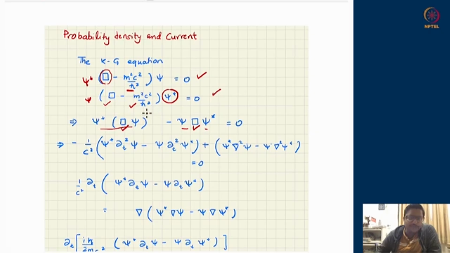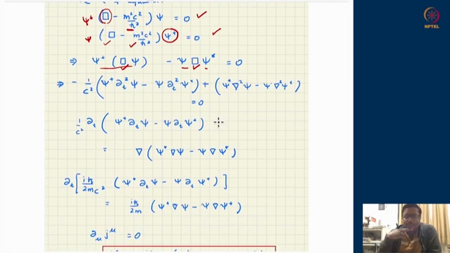These things can do that because they have nothing to do with derivative operations, they are just multiplication operators. So they can come to the left and both the terms will then become the mass term, m square c square over h bar square, times psi mod square, and under subtraction they will exactly cancel out. So I will be left with psi star box of psi minus psi box of psi star. Okay, so let us open the boxes for both the terms and collect all the temporal derivatives and all